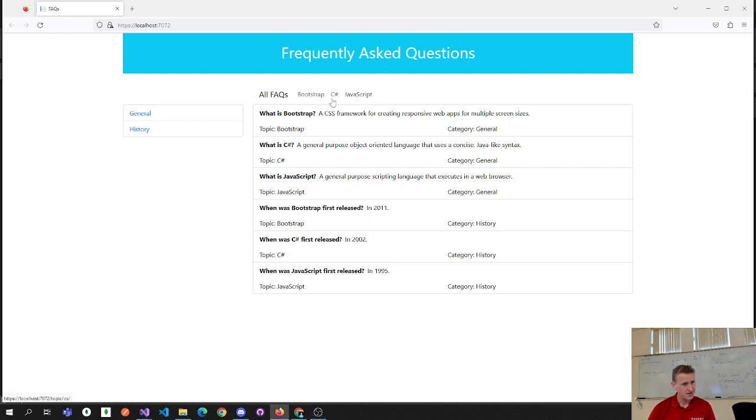we have some links going across the top, which are your topics, right? So Bootstrap's a topic, C Sharp, JavaScript, and then categories on the left. Following the pattern here, all of these have a slash topic and then the topic ID as a string. So slash topic slash boot,